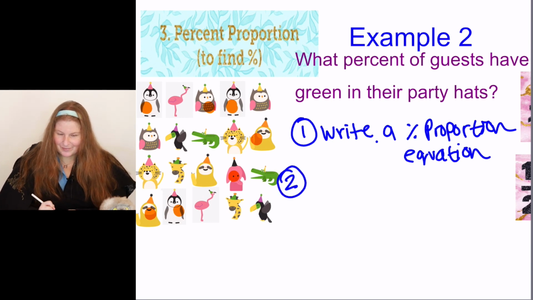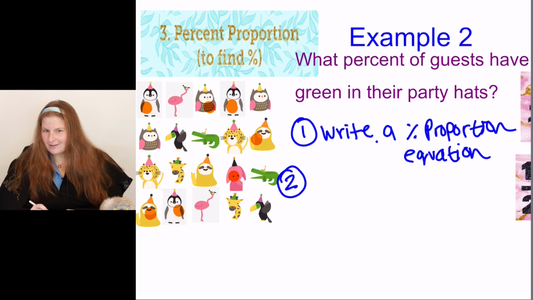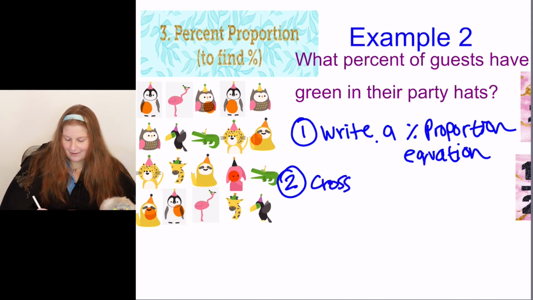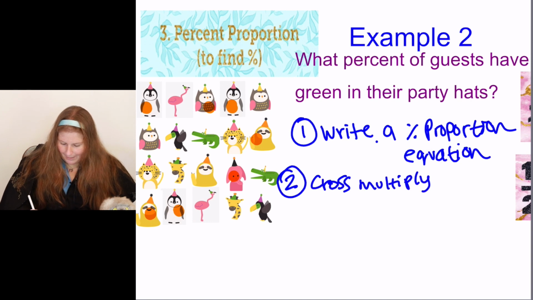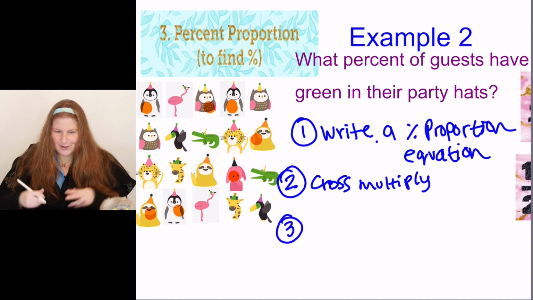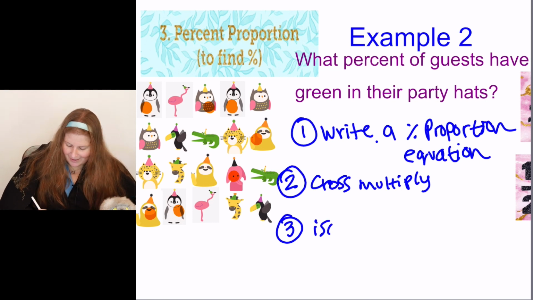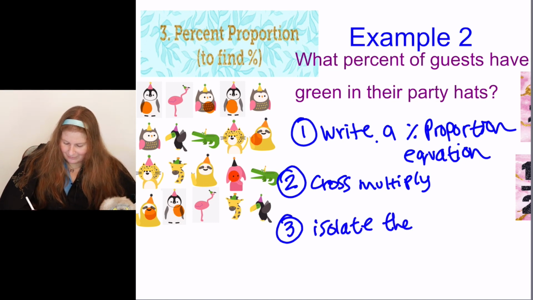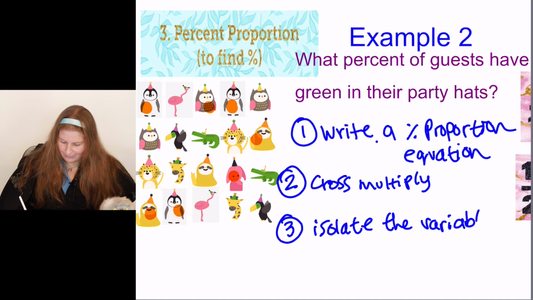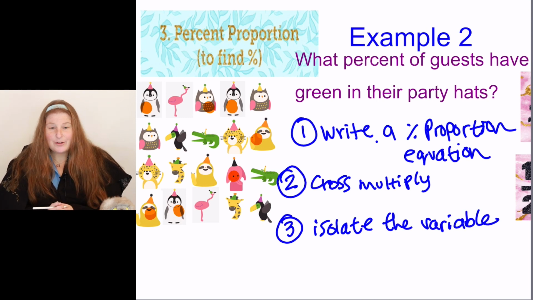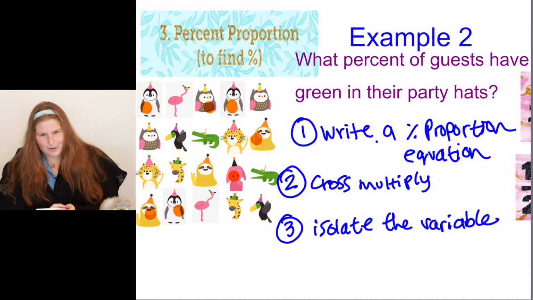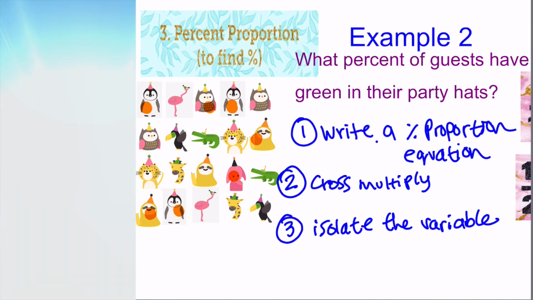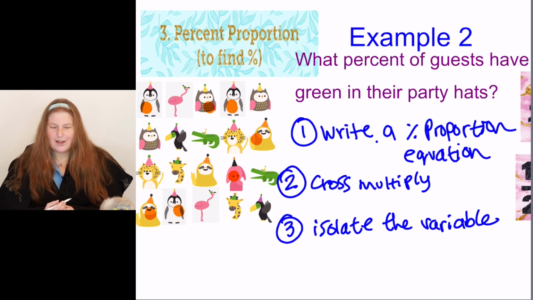Step 2, do you know it? Did you say cross multiply? And last but not least is to isolate the variable. All right, I want you to pause the video, solve this problem on your own, and then come back and check your answers with me. Go! Hi, welcome back. Let's see how you did at going through these 3 steps of writing a percent proportion